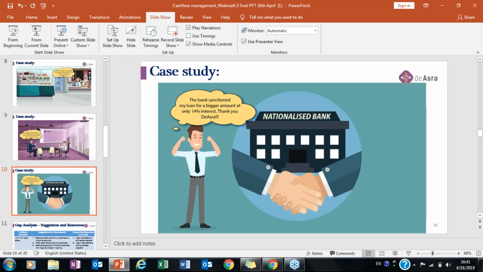We are still in contact with the person who is doing the business, and it helped him so much that the business is running very successfully, and he's very happy with the help. We could help him solve the problem he was having. So cash flow management helps us identify such problems in our business. If you are unable to understand where all your profits or money is going, it helps you understand all the cash needs.